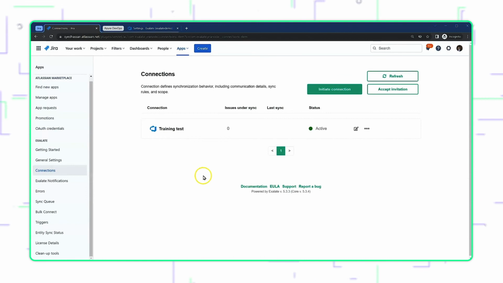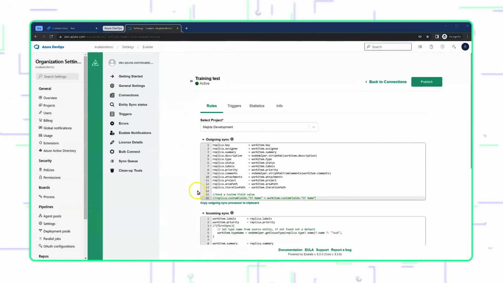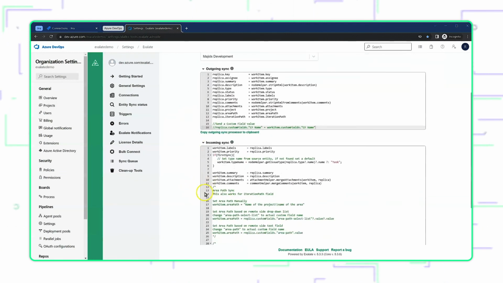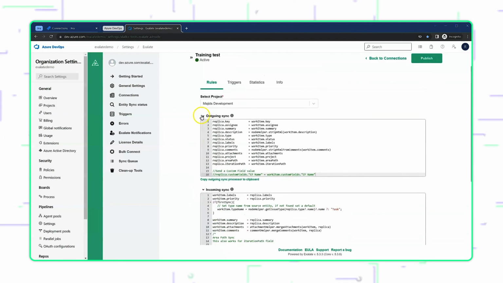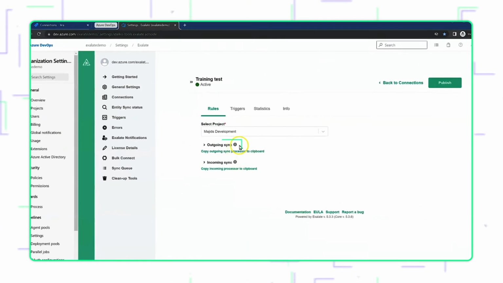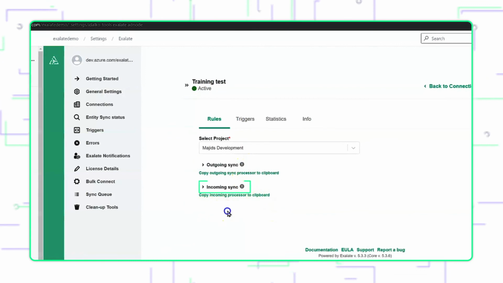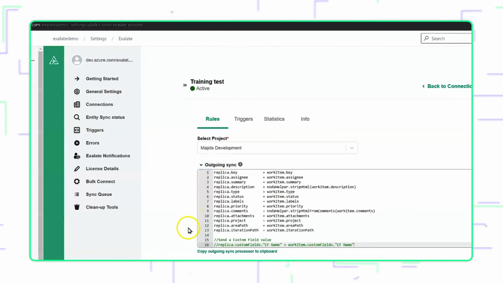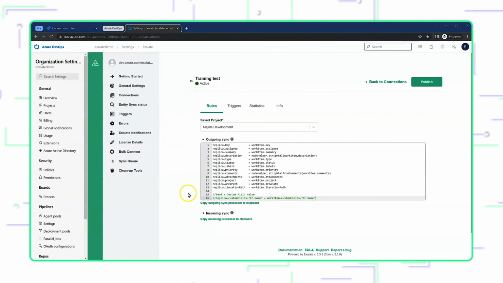We'll be going over these scripts, the outgoing sync processor and the incoming sync processor, in more detail. But just to give you a little bit of a taste of what's coming up, when you install a scripted connection, you'll see two sets of scripts called the outgoing and the incoming sync script. These are Groovy scripts that do all the processing of Exalate transactions. You do not need to configure any scripts at the moment. The connection is already established with default scripts, and you can start syncing already. We'll cover that in the upcoming episodes.